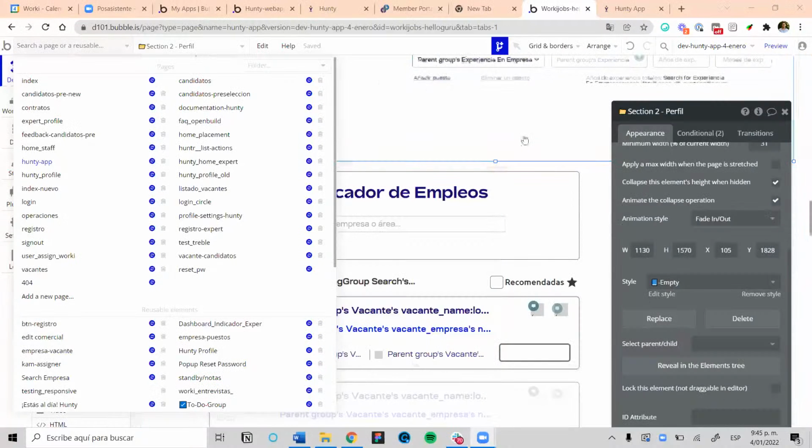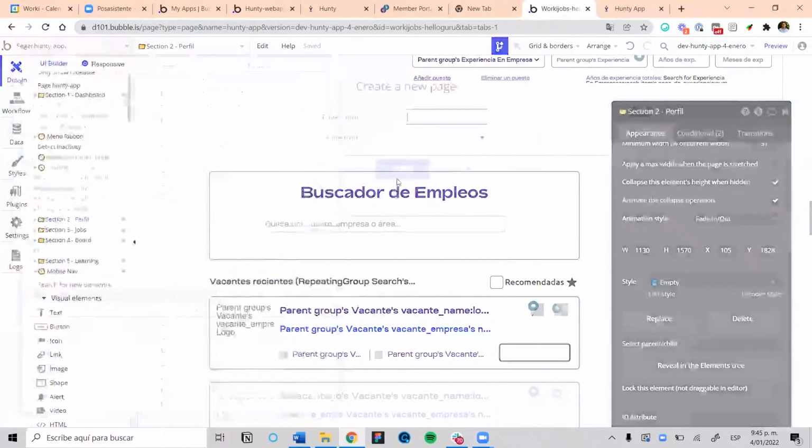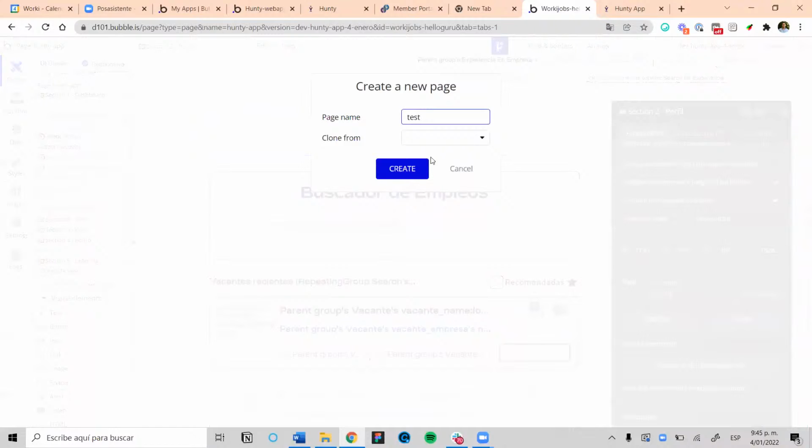Maybe can you add this to another page? We can find a solution maybe. If you add only the reusable in a new page, we can test if the issue is from the reusable element or if it's the repeating group that contains the